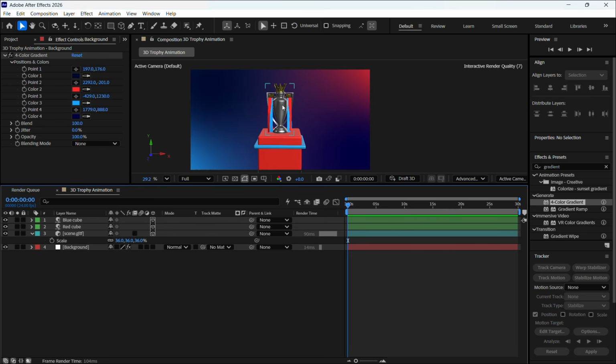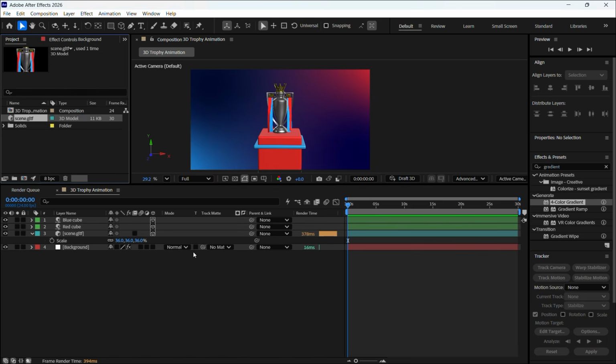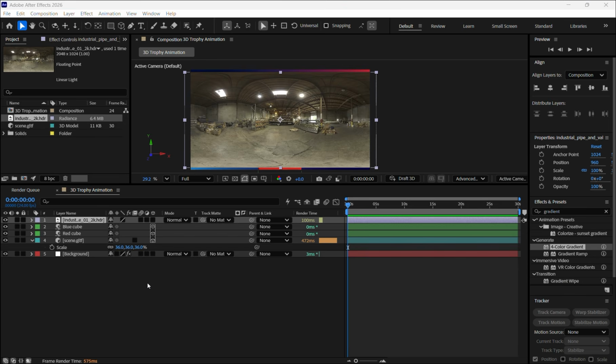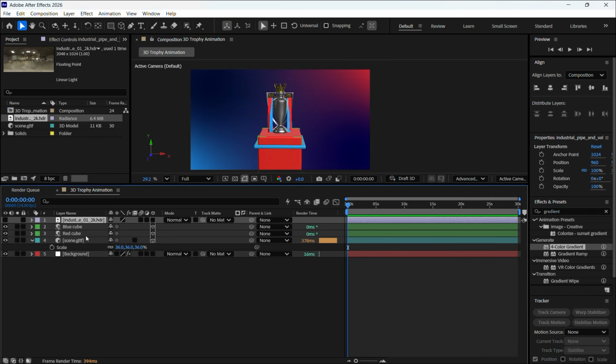Now we can also add HDR, that is HDR image. So let's go to the folder where we have this HDR image and add it inside this. So now we have this HDR image here. Let's take it out by hiding it, and we'll also add a light. So this HDR image we'll be using as a light